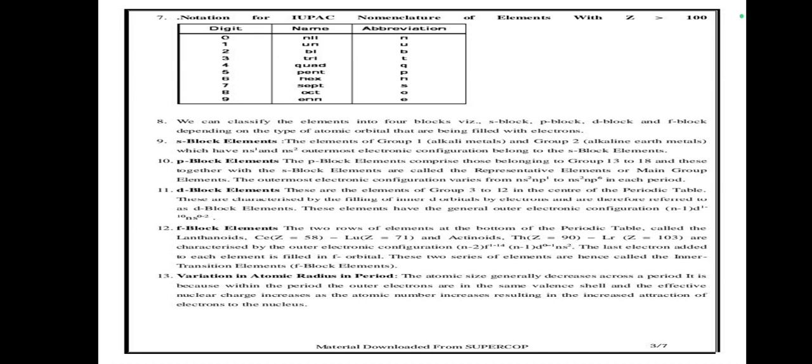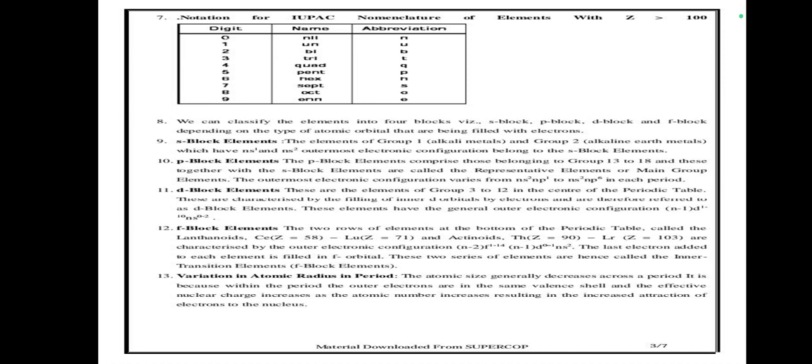F-block elements. The two rows of elements at the bottom of the periodic table are called the lanthanoids, Ce Z equal to 58 to Lu Z equal to 71, and the actinoids, Th Z equal to 90 to Lr Z equal to 103, which are characterized